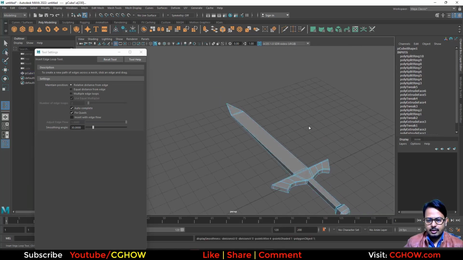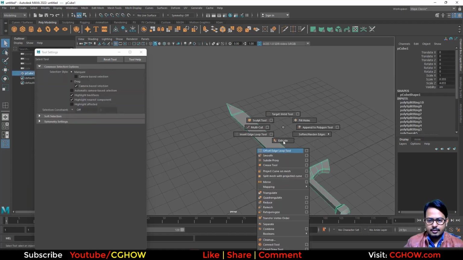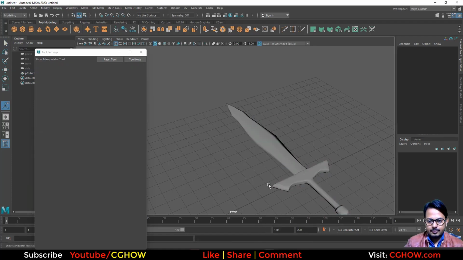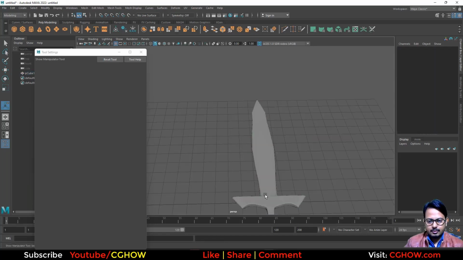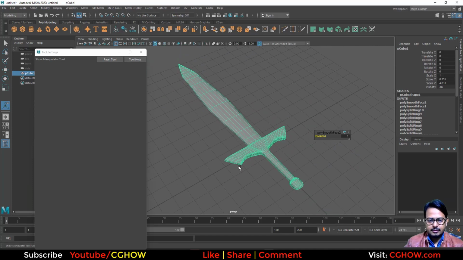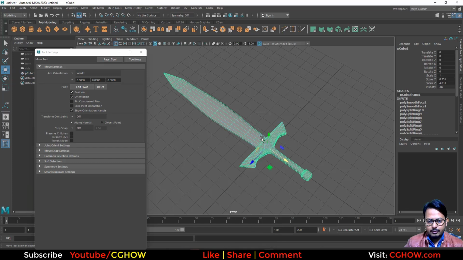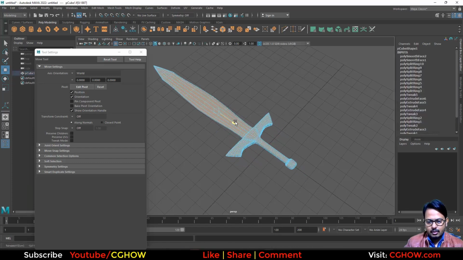So press 1 again, and then I can smooth this with smooth. So we got this now. I think this is nice, and the pivot point is here, but I want it around here, from where you